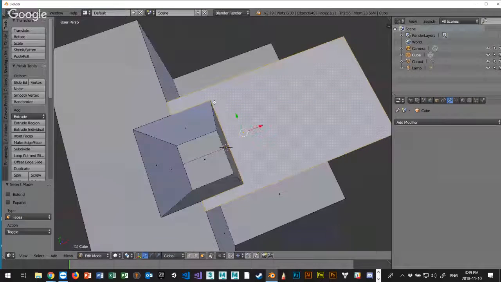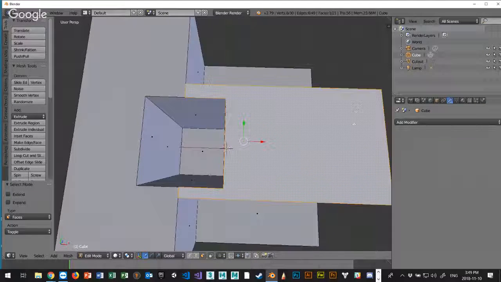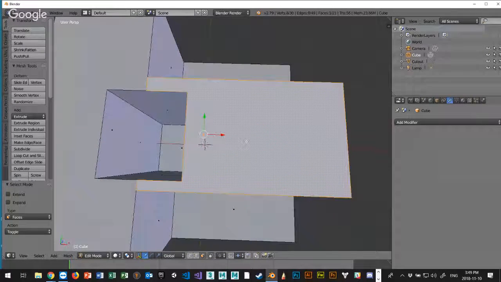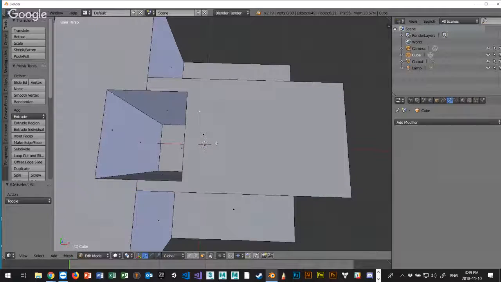I could do the same thing. I could take a cut that goes from here to here and a cut that goes from here to here. I could do that. That would fix my problem without adding additional geometry. So I'm going to do that first thing. So again, I'm going to use the K key. Actually, let's just delete deep select. Use the K key to get a cut that goes from here